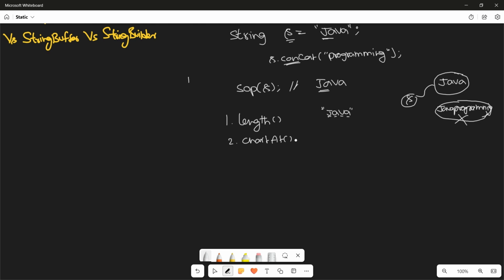The charAt method can be used along with an index. Here we can pass some integer number. So at what index: if I pass charAt(0), I will get J. charAt(1), I will get A. So to get the character at a specific index inside the string, we use the charAt method. The next one is